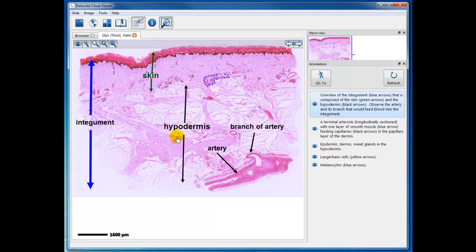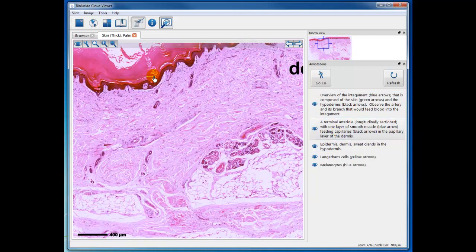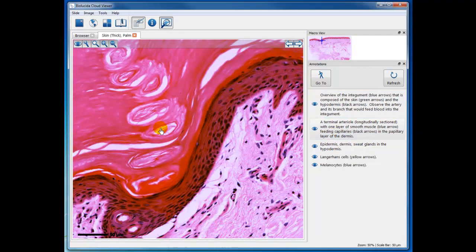Here, in this overview, you can see the epidermis is very red, and then a layer of not so red underneath that. And the reddish area is the keratin in the stratum corneum, the dead cells. So this is pretty thick skin. And if I increase the magnification on this area, you can see the live cells are here. And then you'll have the layers of the